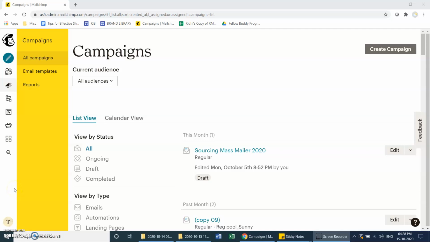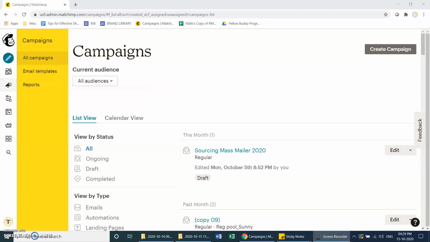Hello everyone. In this tutorial, we are going to understand just the basics of MailChimp and how to create these incredible emails and campaigns and how to navigate the entire system. Once you sign in using the Teach for India ID and password, you need to come to the campaigns tab.